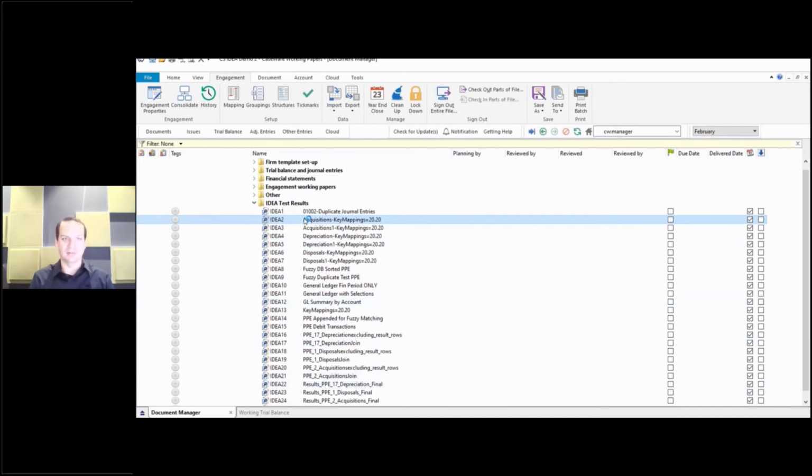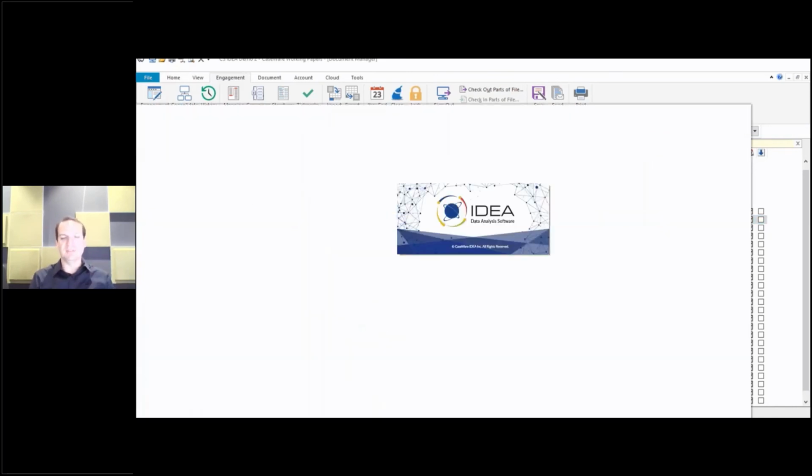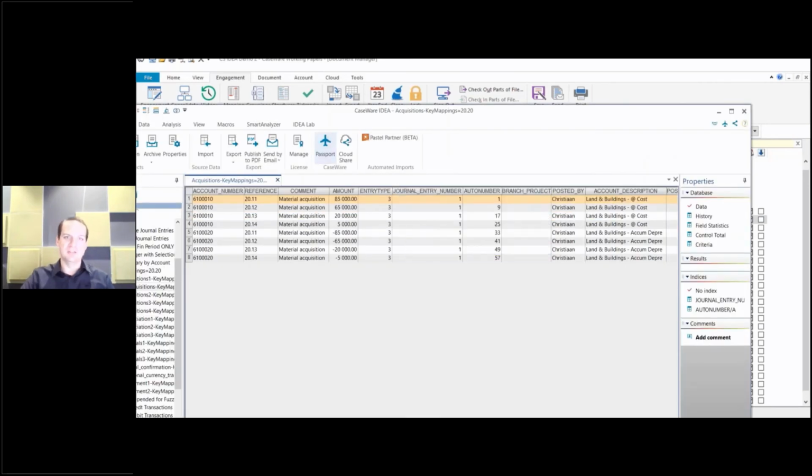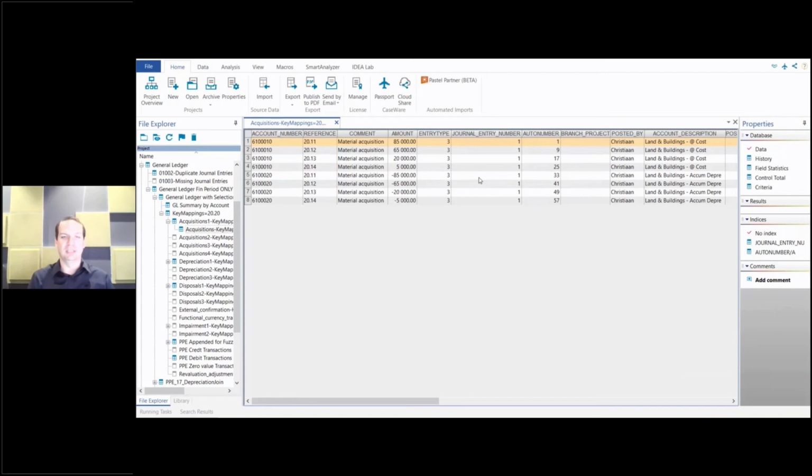So I'm going to open the acquisitions IDEA 2 database, and because the two are now linked and they're working together, when I open this database within working papers, it will open it into my information that I have within IDEA. So you can see I wasn't lying to you before when I said I can take your sampling game from a few hours, because how long would it have taken you to go into a spreadsheet solution and filter for any acquisitions, additions, new items, the various amounts, and put this in this format. Here I can see my database within a few minutes,